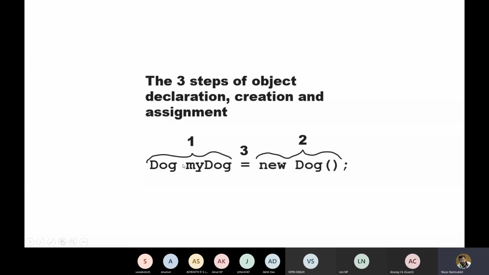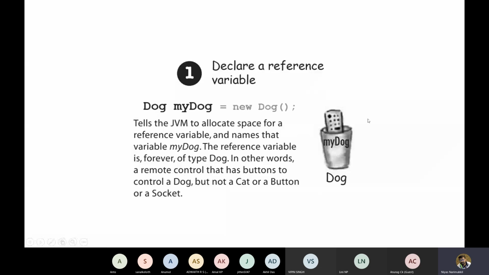One step is declaring the variable, the second step is creating an object, with new dog being the way to create an object, and the third step is binding this variable and object together. In the first step we created a reference variable, my dog. That's the first step.